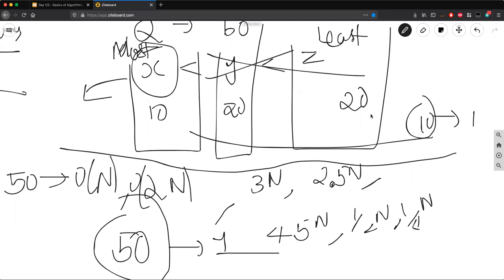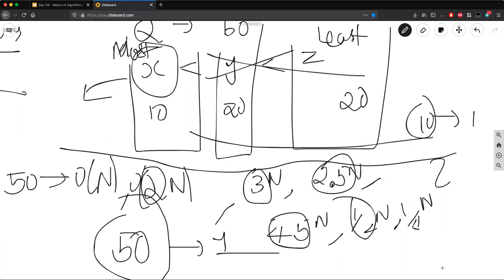Okay, so now we'll see one example where time complexity is actually helping. I told you, you can ignore the constant terms. So what time complexity is saying is, if a program is taking n iterations, 2n iterations, 3n iterations, 2.5n, 4.5n, all these numbers are constants. So you can ditch these constants and give it as O of n, right? It will not be accurate, yes, but what will happen is all these 10 approaches will fall into